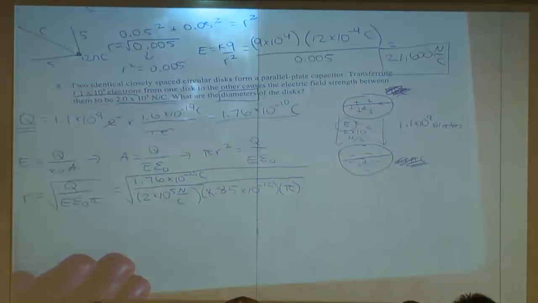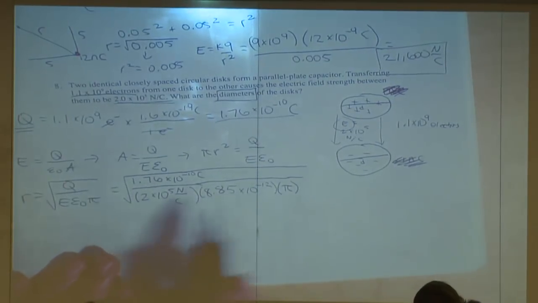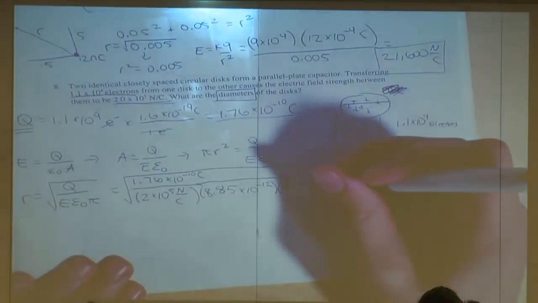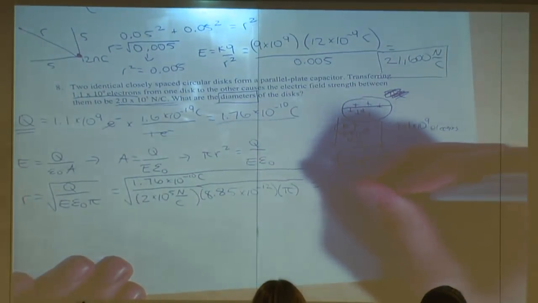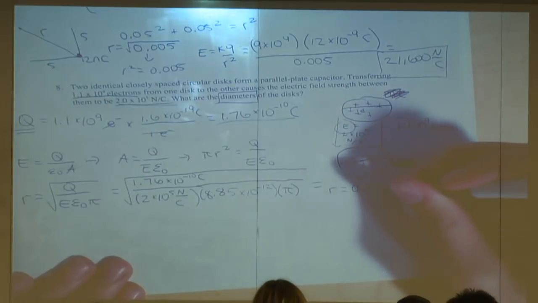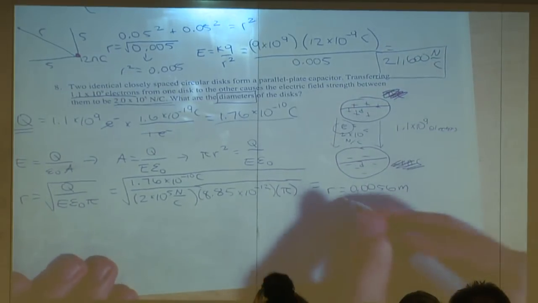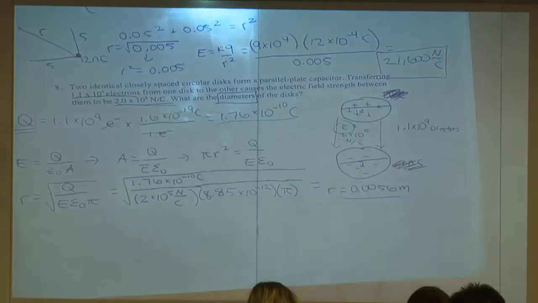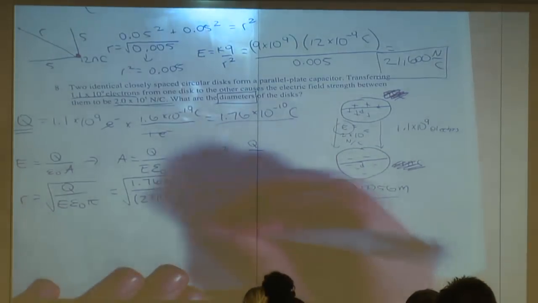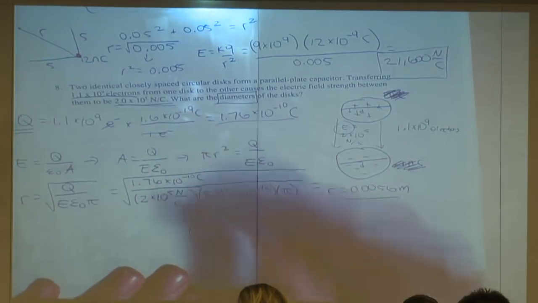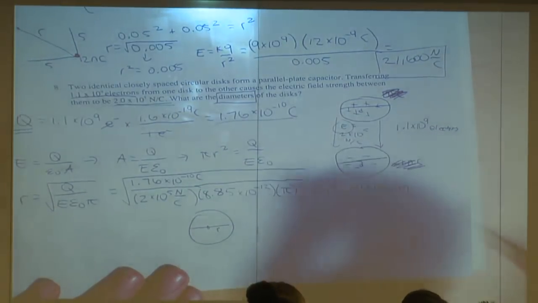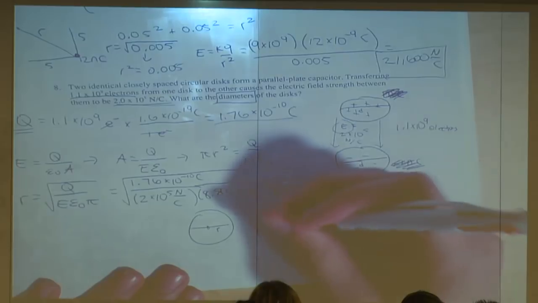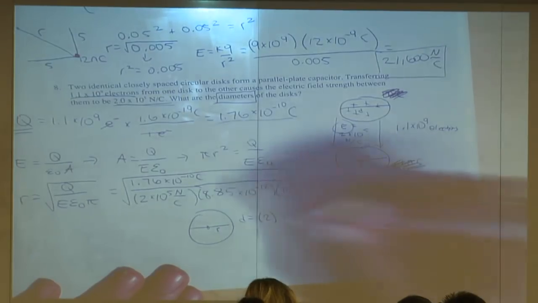Okay. So you can put all this into your calculator, and you should get that R equals 0.0056 meters. So that's what R should be. To get D, remember that this will be R, so this whole thing will be D. So R times 2, 2R. So D equals 2 times